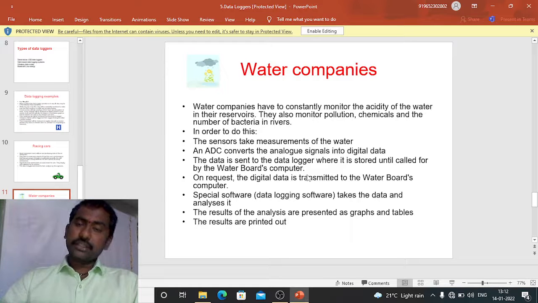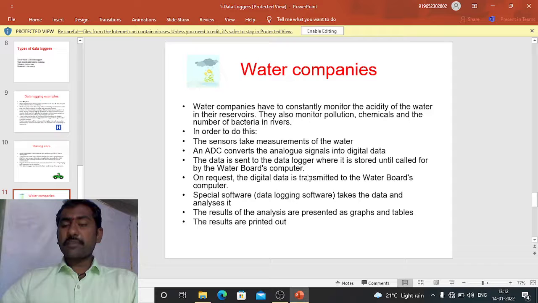And similarly in the water companies. The water companies have to constantly monitor the acidity of the water in their reservoirs, and they also monitor the pollution, chemicals, and the number of bacteria in the rivers. In order to do this, the sensors take measurements of the water, and an ADC converts the analog signals into digital data. The data is sent to the data logger where it is stored until called for by the water board's computer. On request, the digital data is transmitted to the water board's computer,